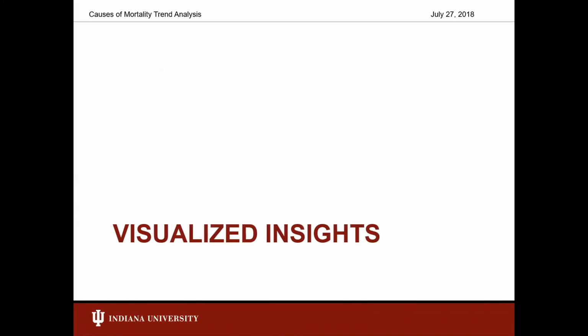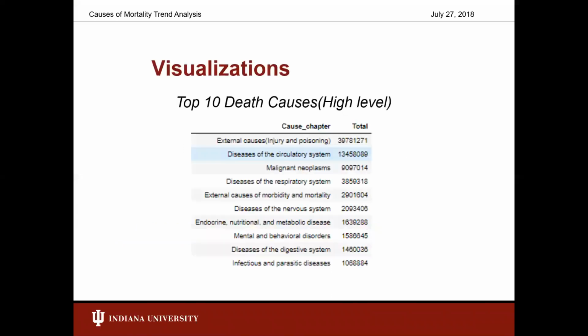Without any further ado, we'd like to jump right into our visual insights. Before we begin, at a very high level, these are the top 10 causes of death in the US across all ages from the years 2000 to 2015. We've tried to dig a little deeper into these causes and extracted a lower-level cause of death and use that for the visualizations. So we're working at a more granular level, and we're going to show that at a more rolled-up level.